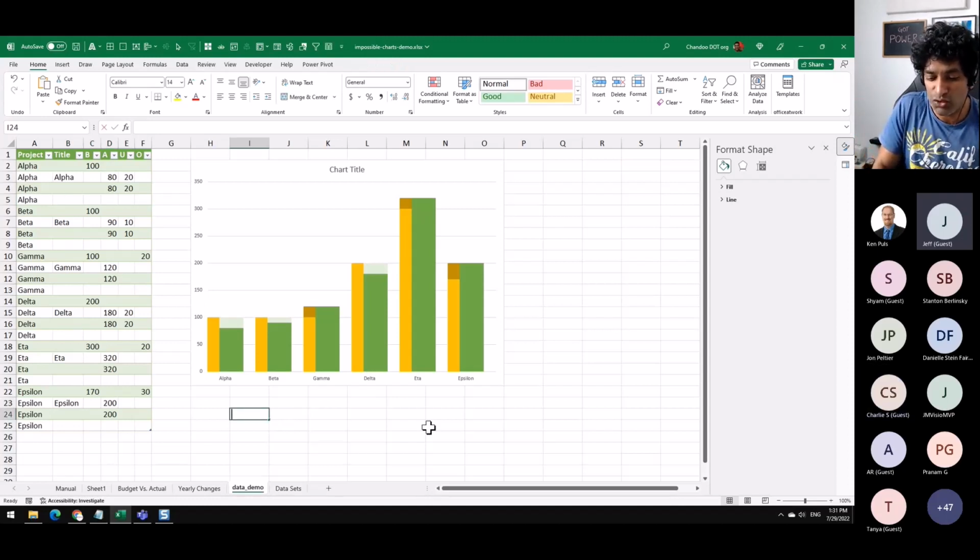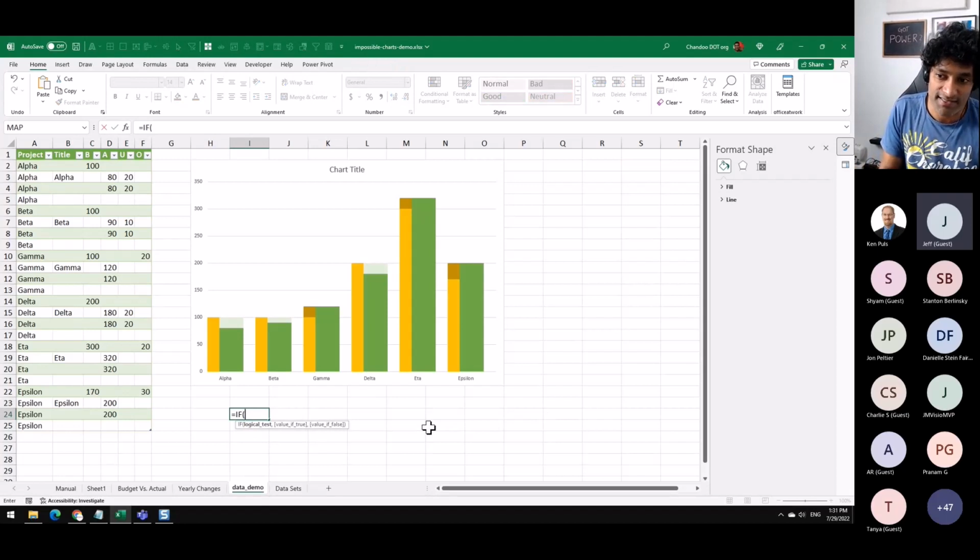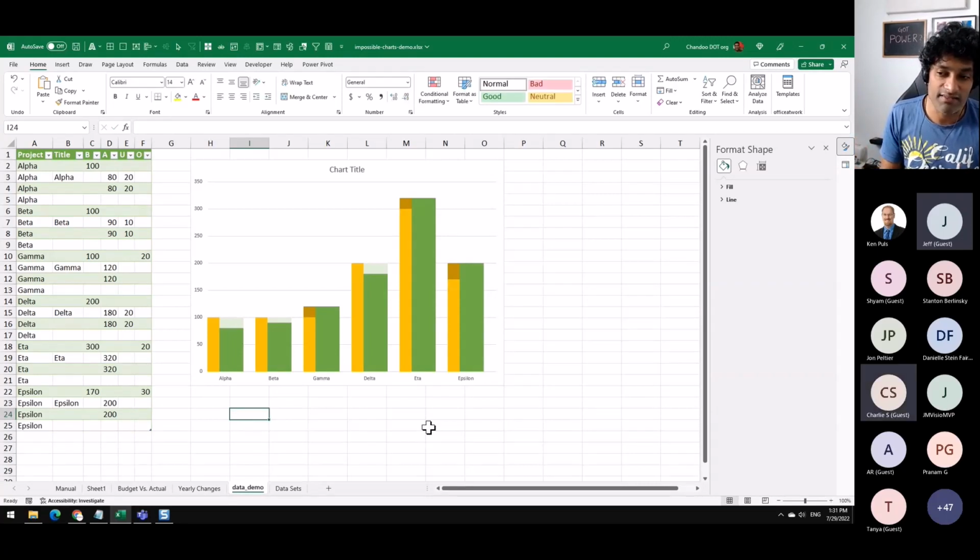Whereas in Excel, there is no way for us to force a null in a cell. For example, if I say 10 greater than 20, double quotes is the closest we can get, but for a chart that is still a value, so it can get treated differently. It's not technically blank. A blank is just nothing in the cell, and there is no way for us to get that. Through Power Query, we can force it. So that is one way in which we can overcome this. Probably there are other ways to do it as well.